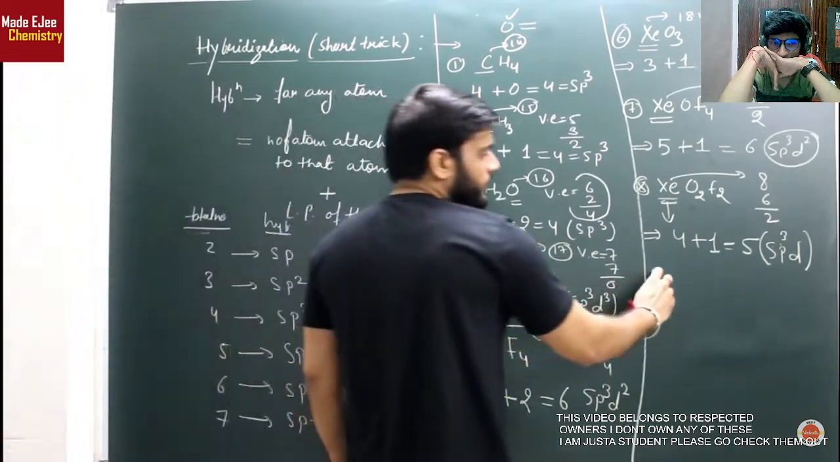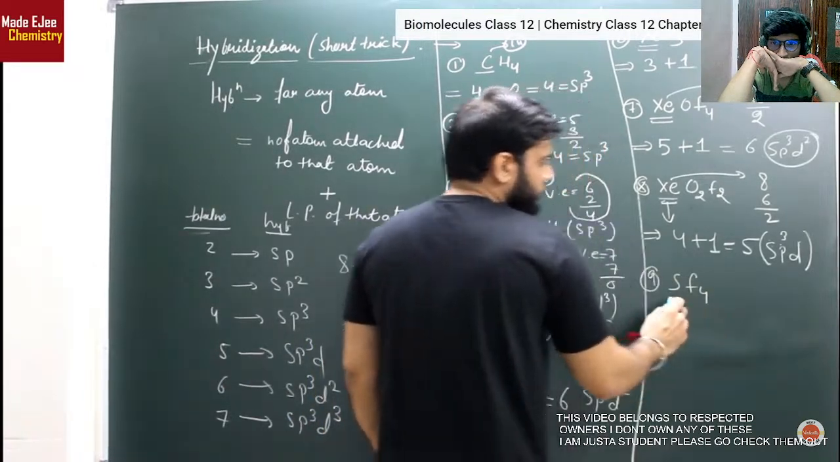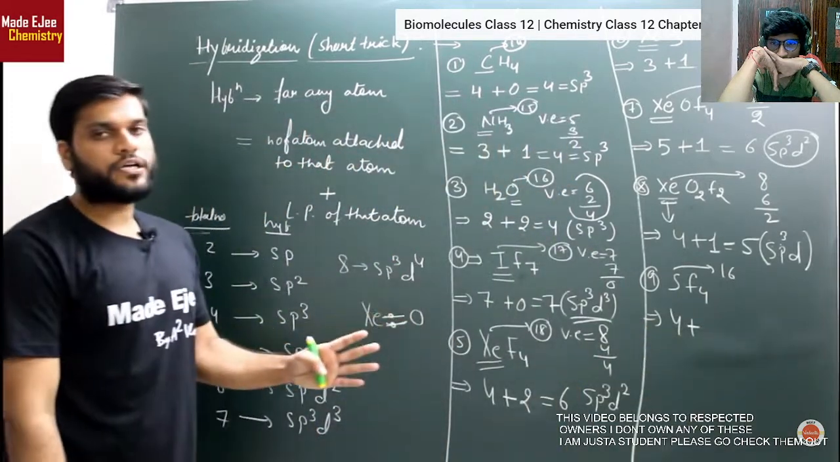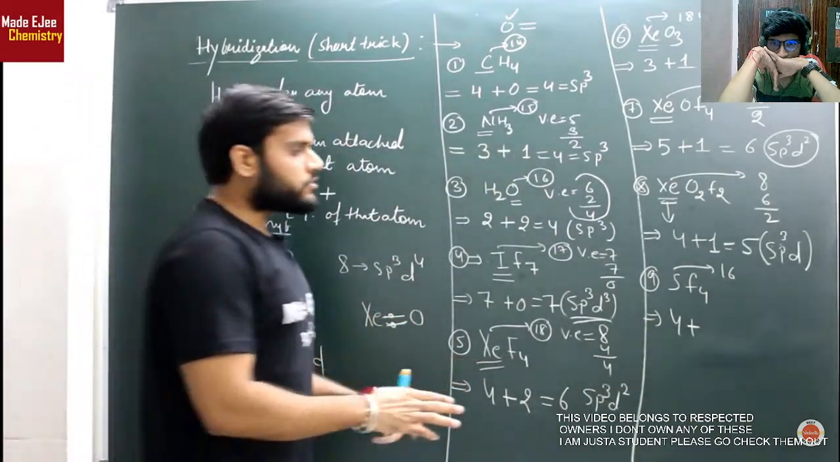इसी तरह से 9th एग्जांपल आपको दे देता हूं, सपोज आपसे SF4 के लिए पूछा, तो SF4 में देखिए सल्फर आता है ग्रुप 16 में। सबसे पहले आप क्या करोगे, नंबर ऑफ एटम अटैच 4, सल्फर के साथ 4 फ्लोरीन अटैच है, 4 लिख दिया। उसके बाद आप लोन पेयर कैलकुलेट करोगे, तो जरा ध्यान से चेक करो,